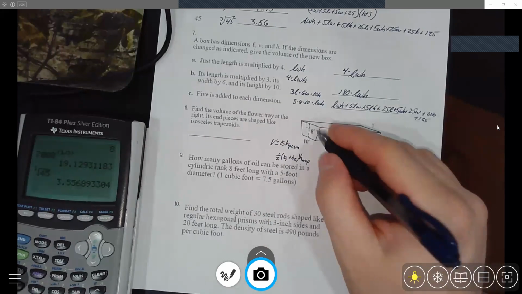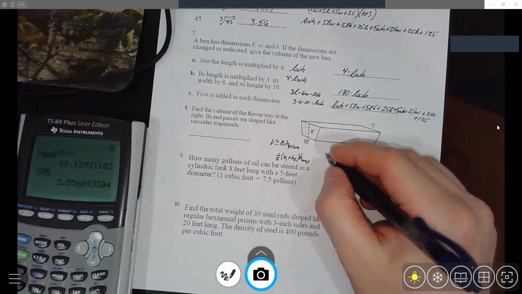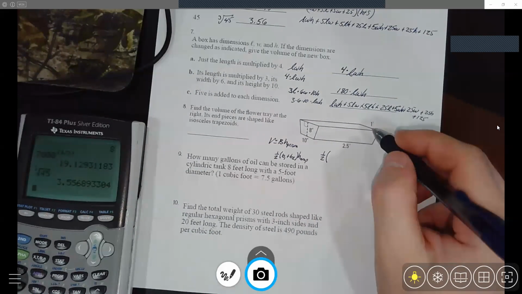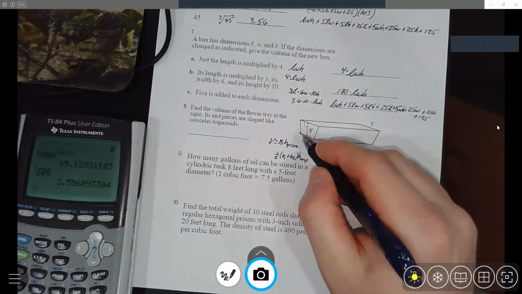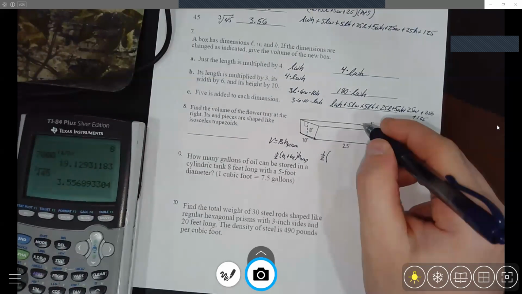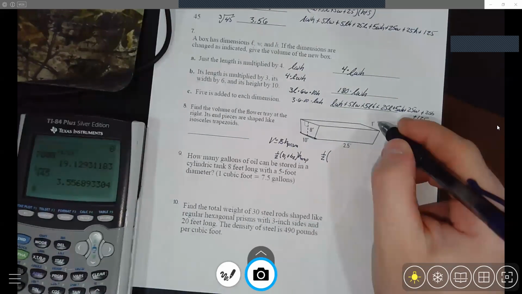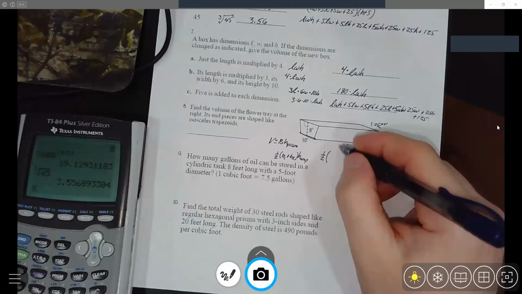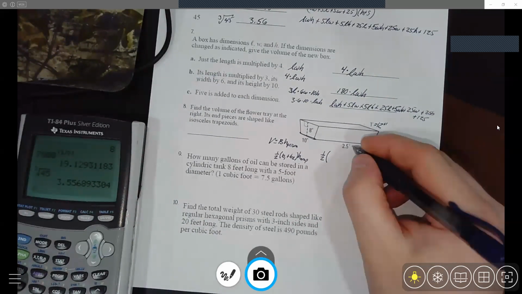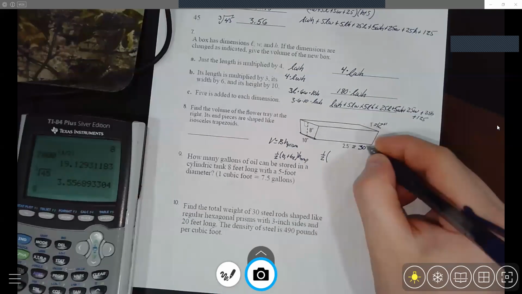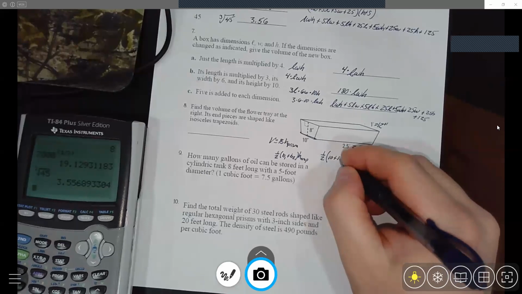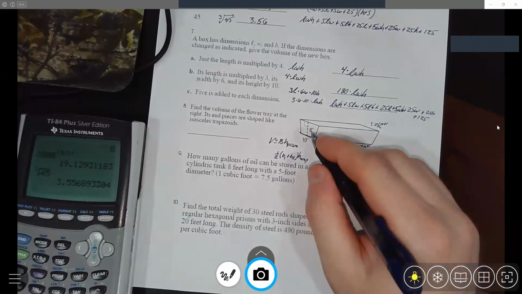All right, so let's start with the area of the base first. So 1/2. Now the tricky part here is we've got different units. So this part of the base here is 10 inches. This up here is 1 foot. So let's convert to inches, 12 inches. This is 2.5 feet. So we can convert that to inches too. That's 30 inches. So 1/2, 10 plus 12 times the height of the